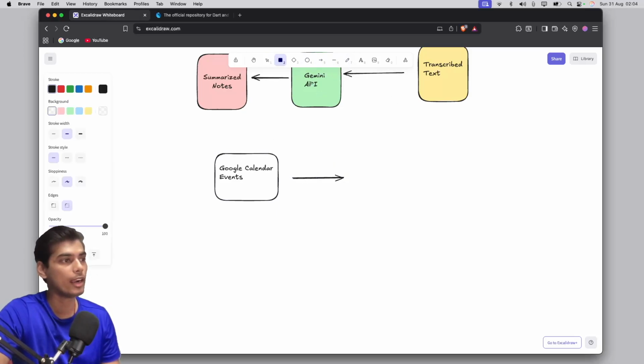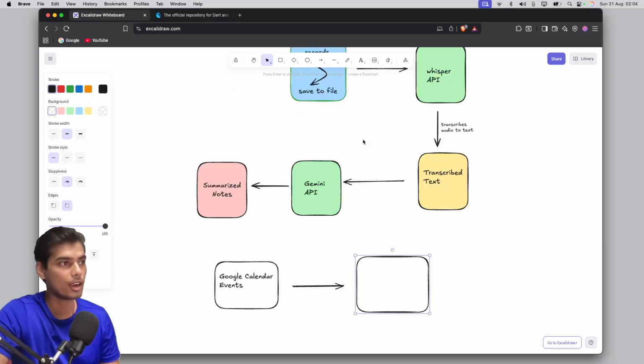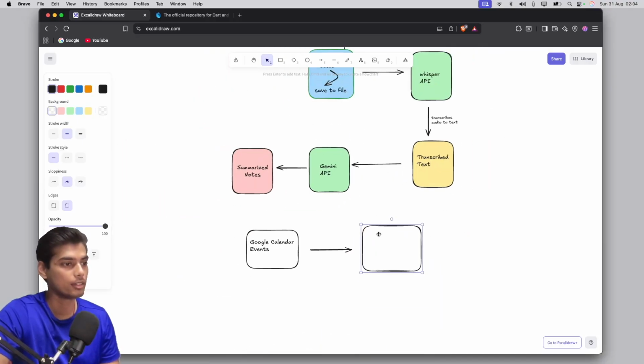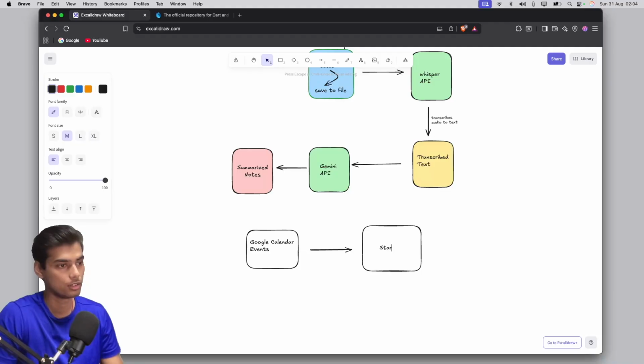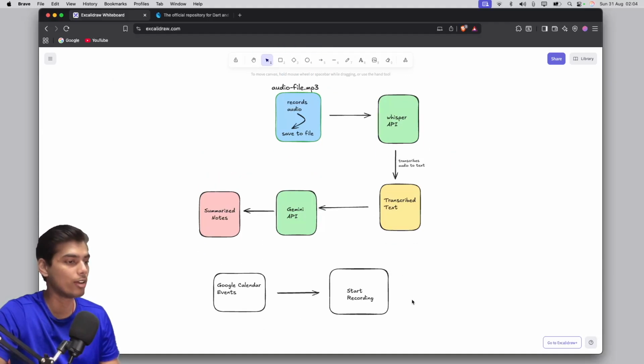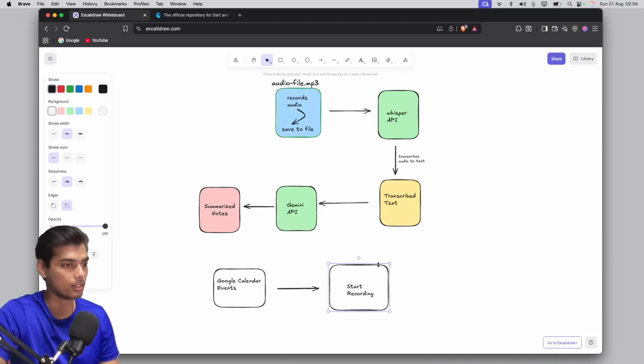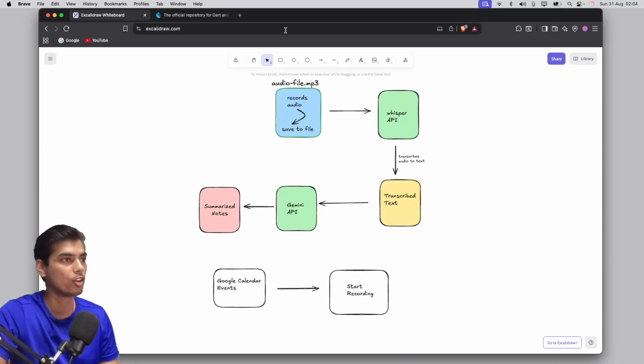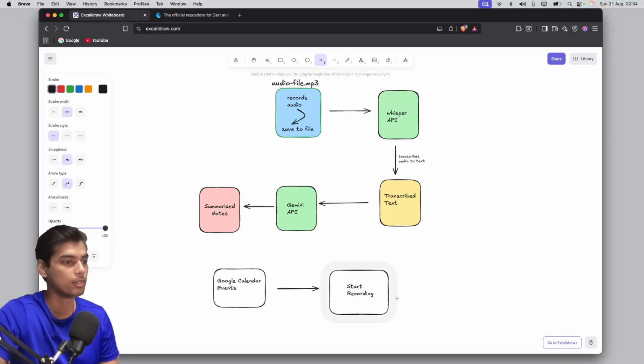Once we click on that particular event, we can start our recording. And that will give us an audio file. Okay. That will give us an audio file. On this audio we can directly